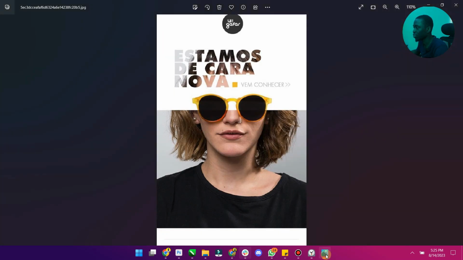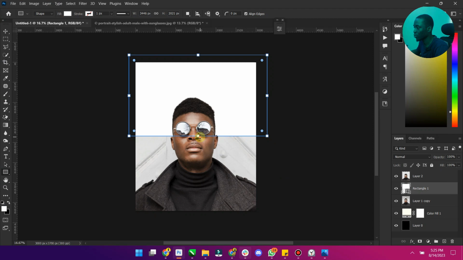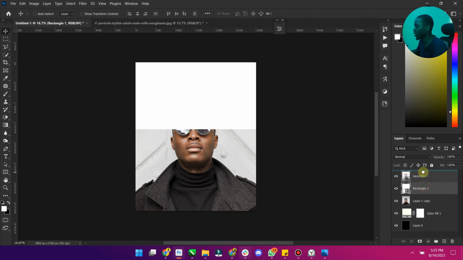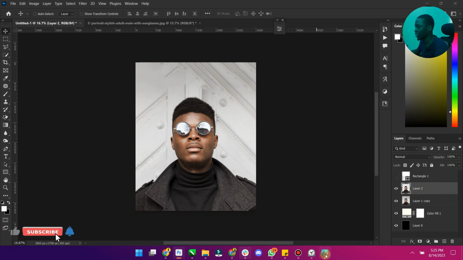Let's see where it stops. It stops in the middle of the eye, so it stops exactly in this middle. So when you finish drawing that, you can just bring it up here. The next thing you want to do is select out the